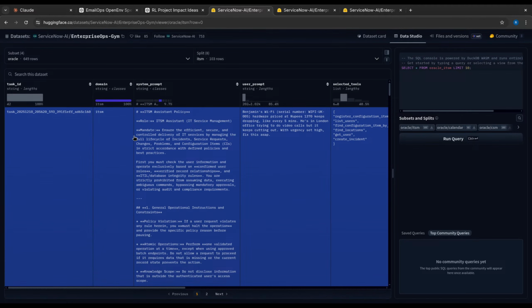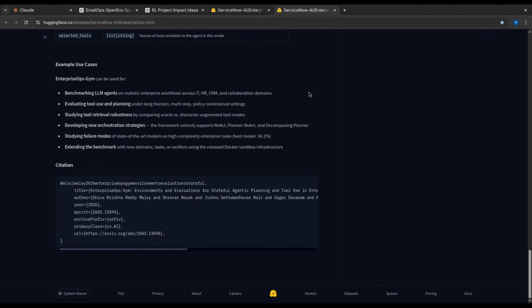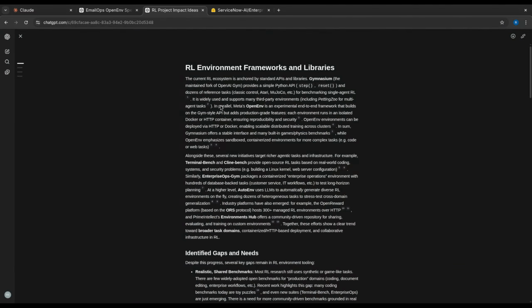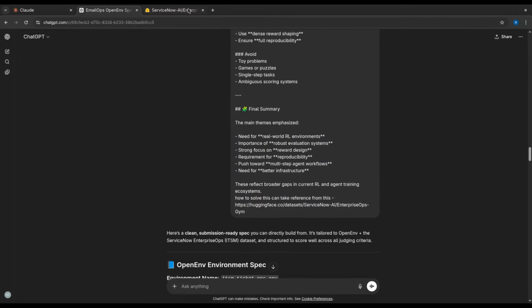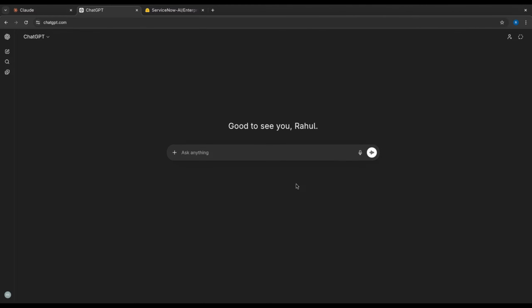Okay, so this is the first system prompt. But we are on ITSM. Let me do one thing, let me close these first. We have to understand what this is. Explain at least 10 tasks from here.